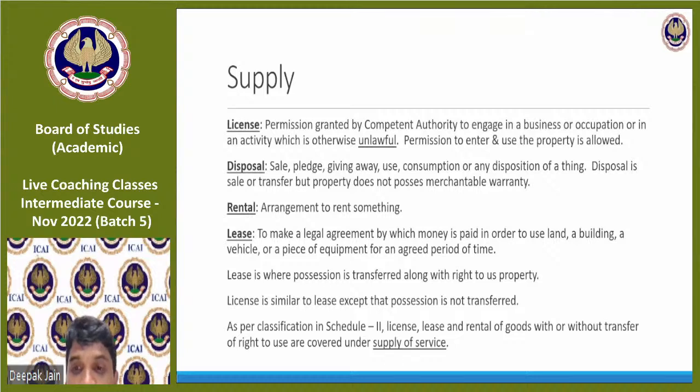Rent charged for a house by the house owner is immovable property, and it is rental also. Yes, rent charged for a house by lease or rental is used for tangible assets, while license is mostly used for intangible assets. Intangible assets you call a license, and lease you call for tangible goods. Correct. Paying rent for a flat, whether it is lease or rental, legally it is immovable property, so it is lease only.